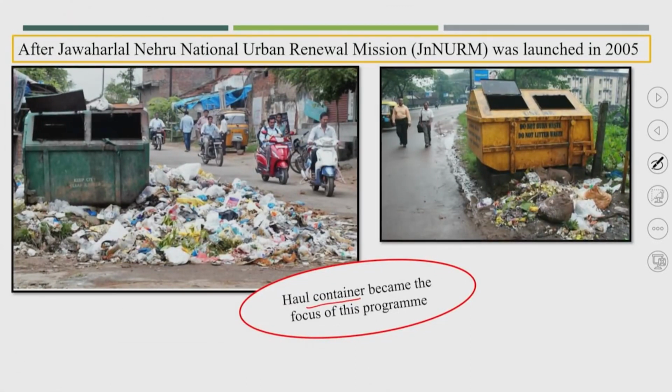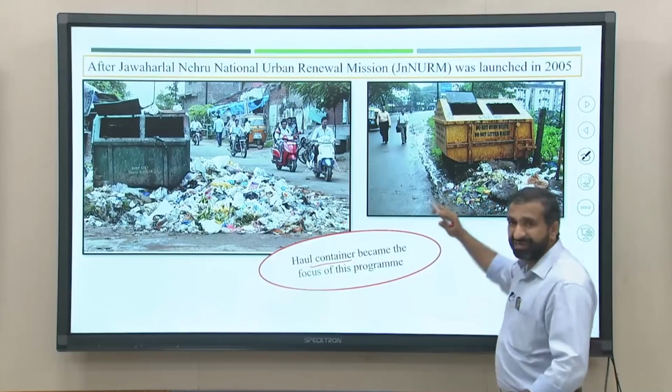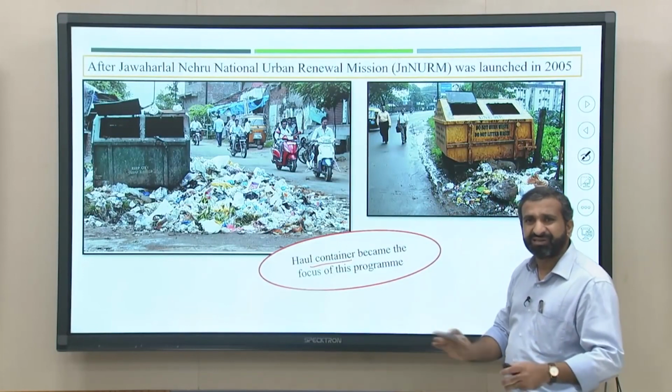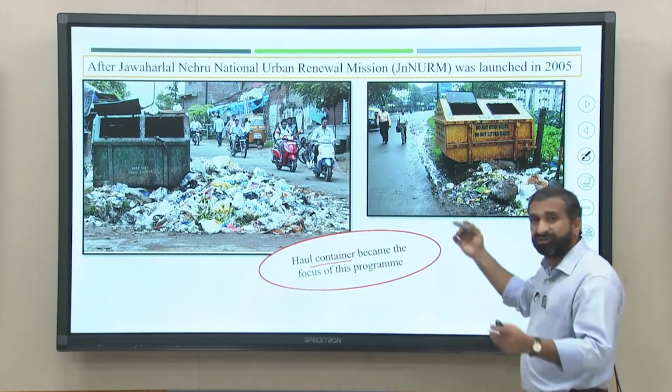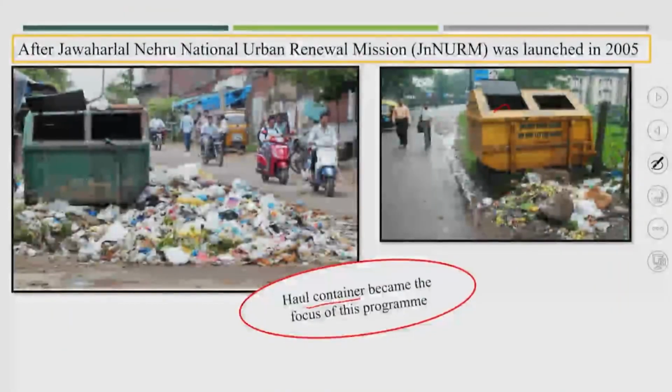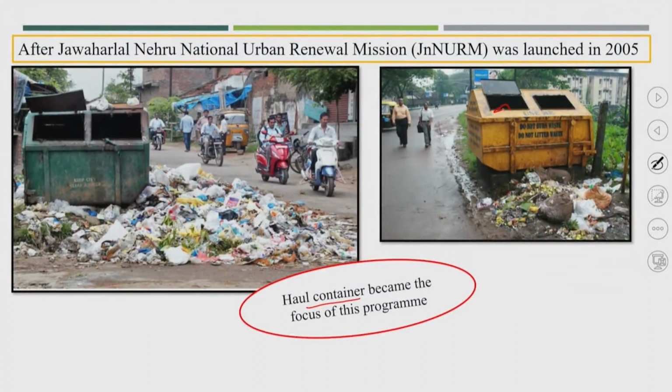These containers are called haul containers. The primary collection was only curb collection service, and the house owner was responsible for disposing the waste inside the containers. But there were issues. Even the local people never used to reach the dustbins. They used to dispose of waste nearby, and along with the vehicle, a lot of manpower would come, fill these containers with the waste, and then the containers would be hauled by the vehicle to the disposal sites.